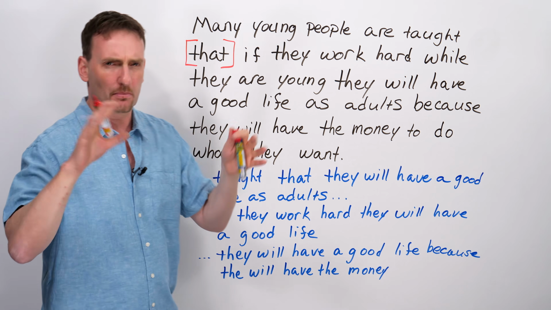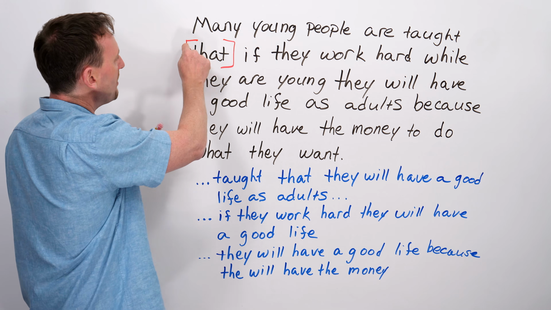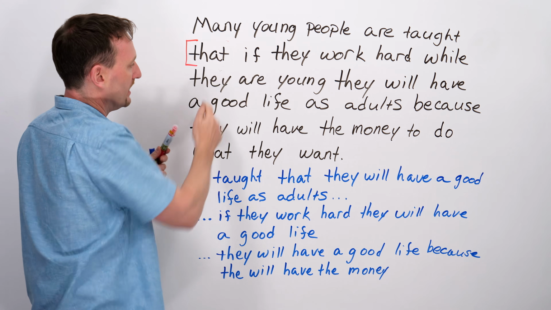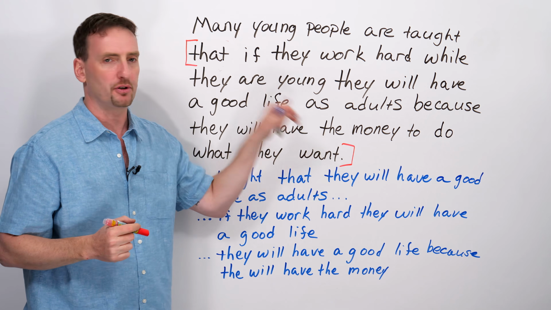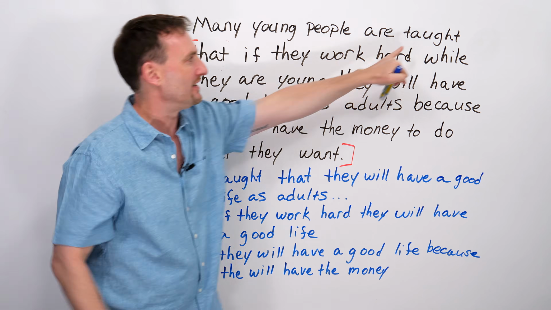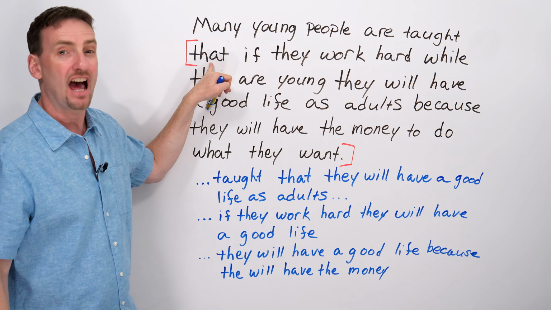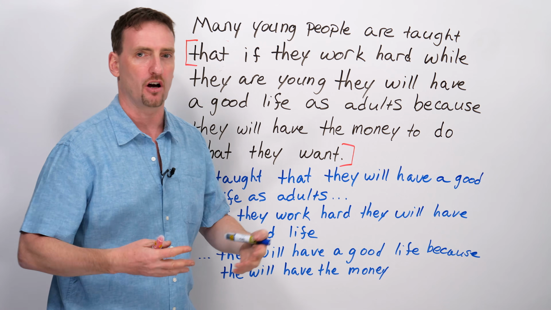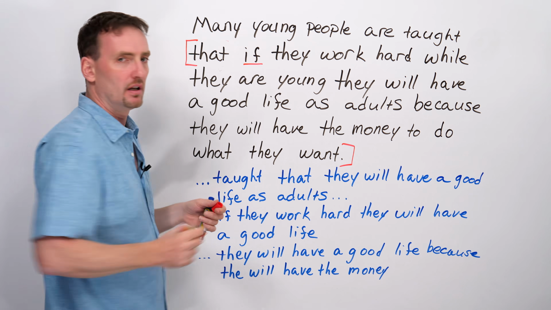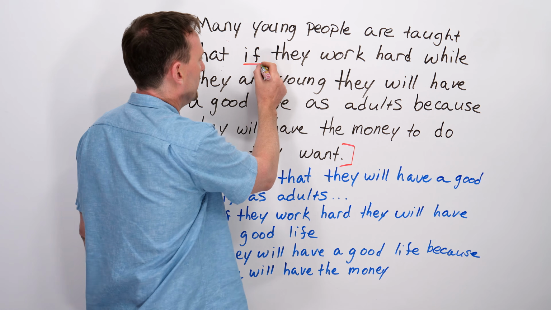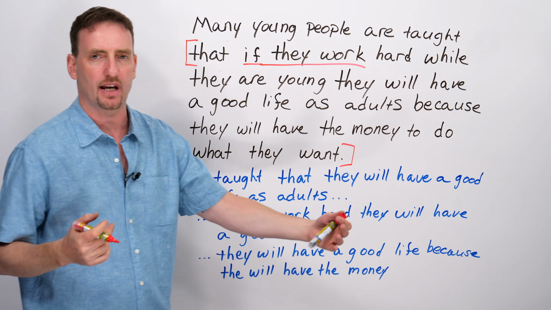And I'll tell you a little bit more about noun clauses, adjective clauses, all that after. So basically from here, actually I'm going to do this differently. I'm going to put this here. Everything between the two brackets is the object of are taught. They are taught all of this, beginning with a noun clause conjunction or a noun clause marker. Good. Right away, you see another one. If they work. So you have a conjunction, subject, and verb. So right away, you have your second clause.